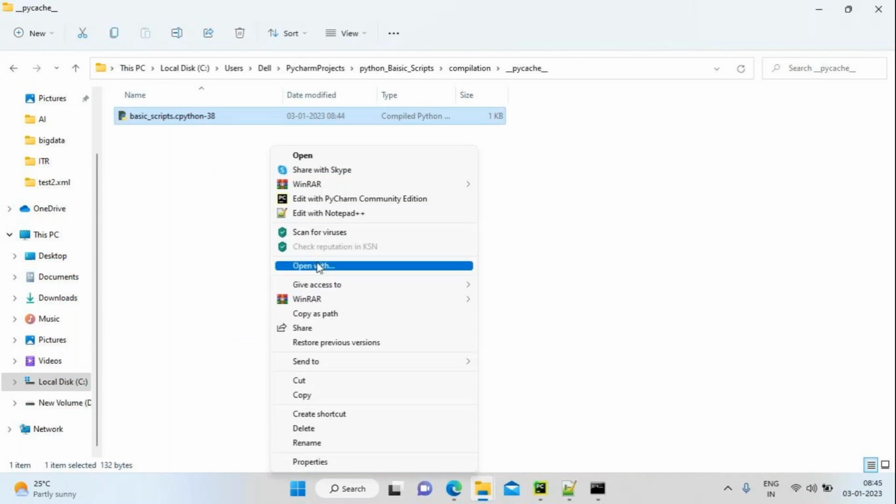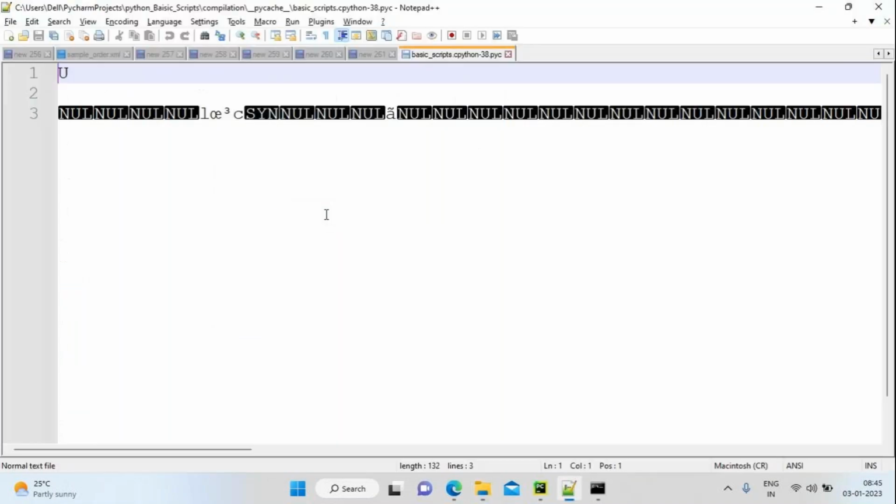Now I'm going to open this file. You might have a question: you said it contains zeros and ones, but if you open it in any editor, it won't show zeros and ones.